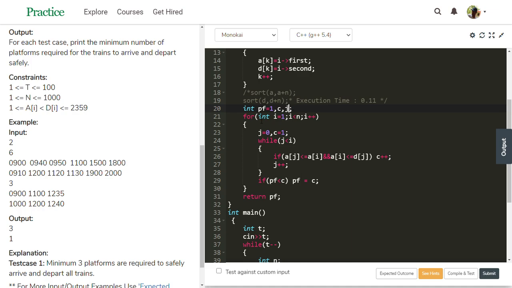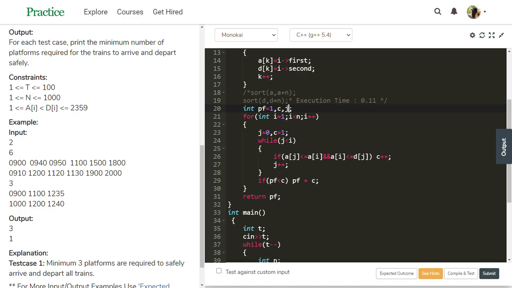See, the for loop starts with I equal to 1, because already one train takes one platform, that is the first one. Take this as 900 and this as 1000, as numbers instead of times. So see, I equal to 1, we are at 1100 at this place.